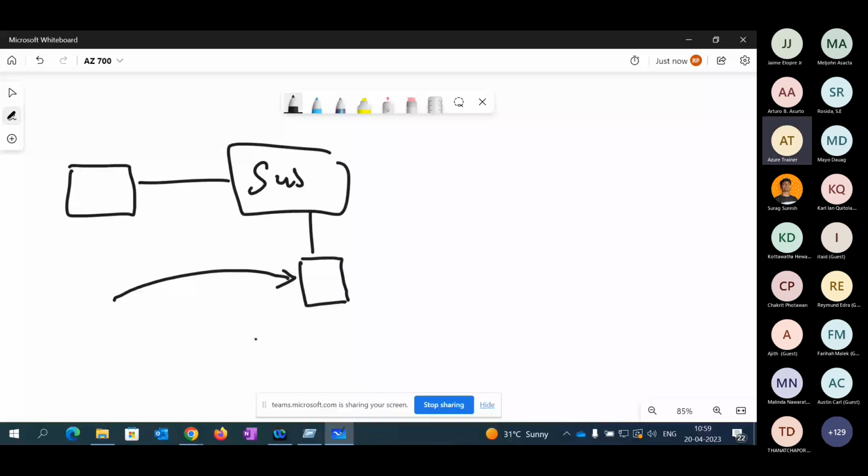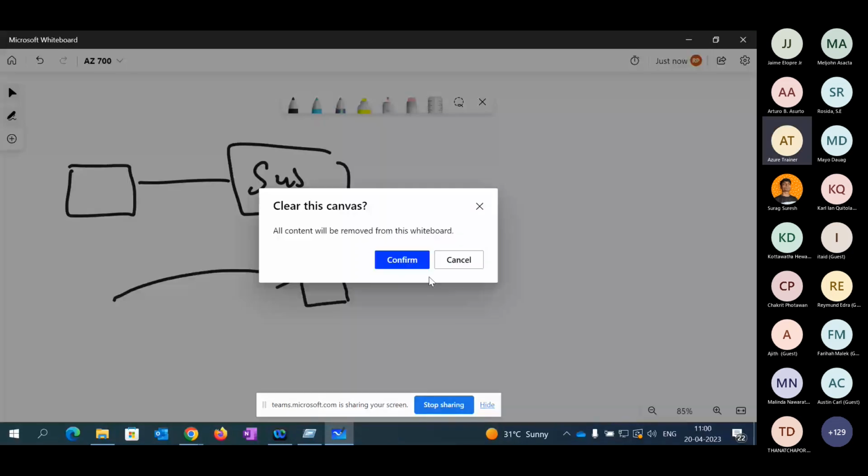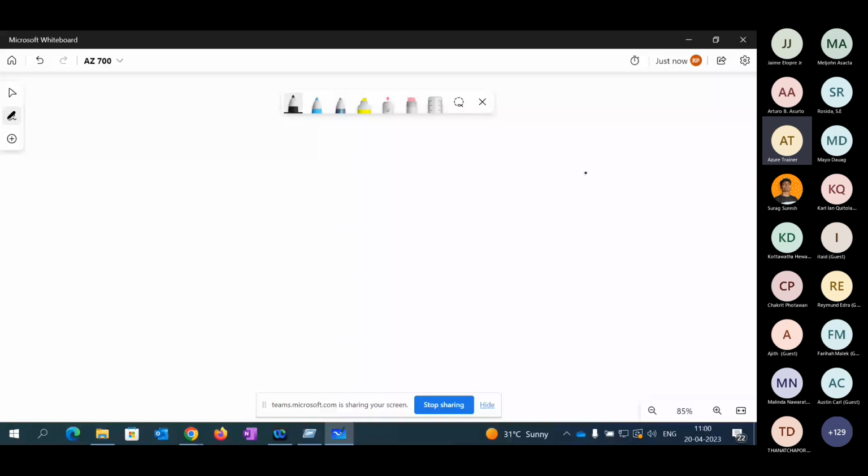Now let me show you how technically this works. Whenever you configure a VM in a cloud, by default, any traffic coming into the cloud is blocked.